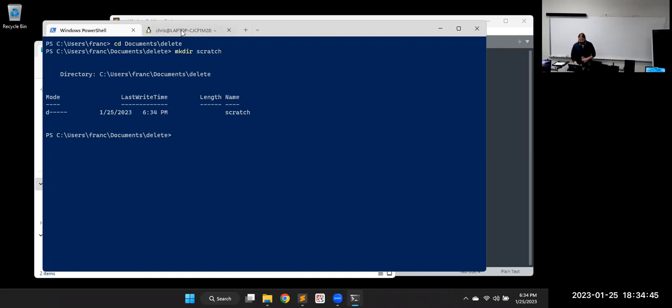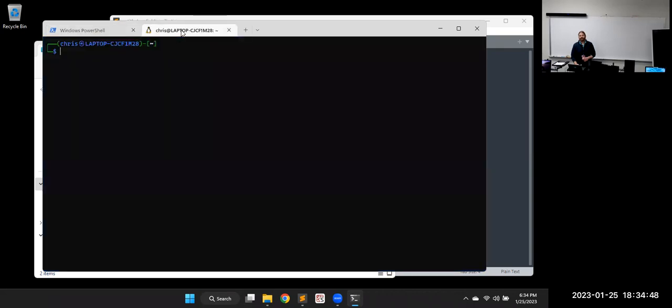If I jump over to the Linux machine, it's going to look almost identical to that, which I think is a brand new Linux machine. Let me check. Yeah. So first off, I need to make that folder. So make directory documents. I'll start here at my home path and make directory documents/delete.